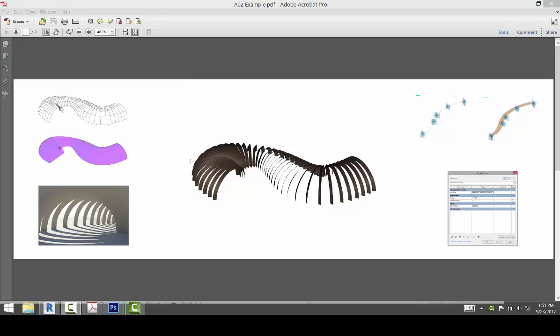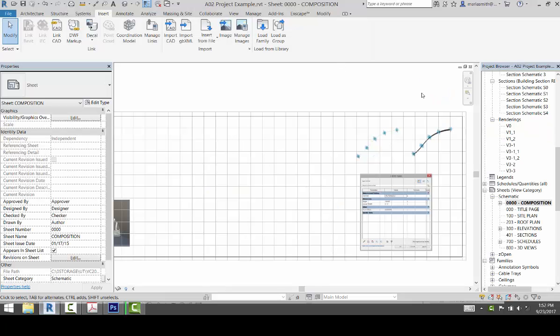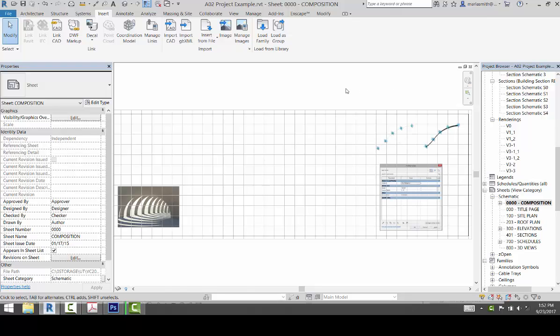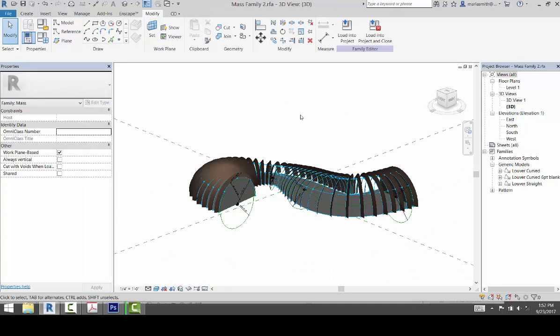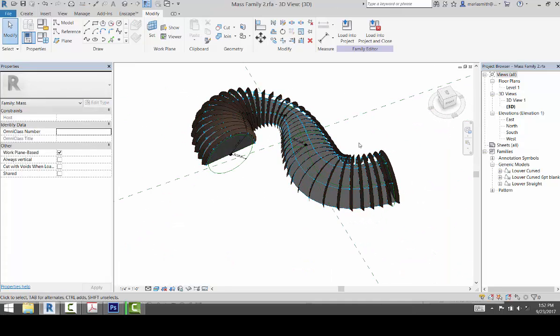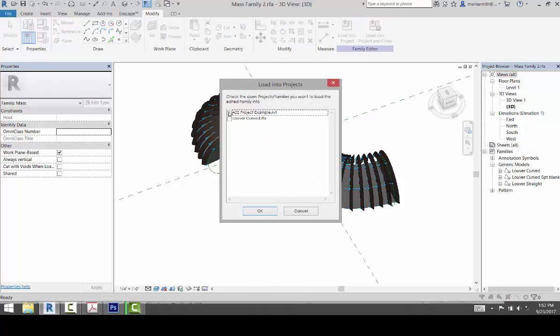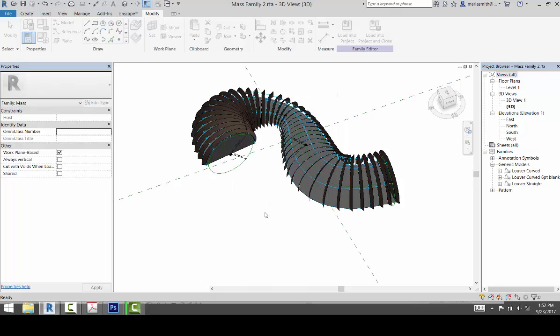Alright, so in this video we're going to place the mass with the component placed on it into the project and get this center view right here. To do that, you have your project open and you're going to have your family open. So I have my mass family that has the component on it, and I'm just going to go to load into project, and I'm going to load it into the project that I have open, and it's going to